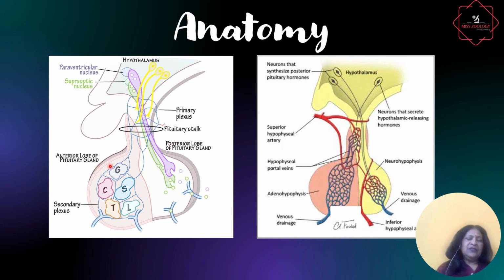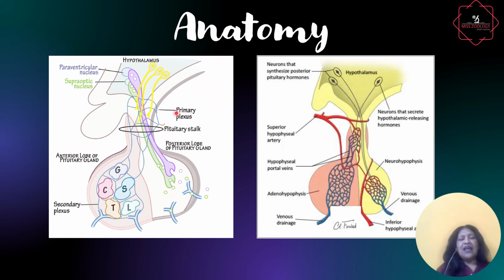You can see here towards the left is the anterior lobe, which is also called adenohypophysis. Hypophysis is the other name for pituitary gland itself. So secretory cells of the pituitary comprise adenohypophysis, and these endocrine cells in the adenohypophysis secrete quite a large number of hormones, while the posterior pituitary is not with endocrine cells. They have